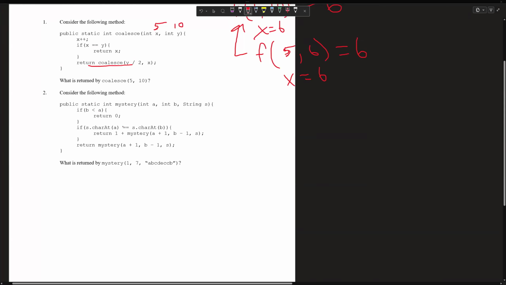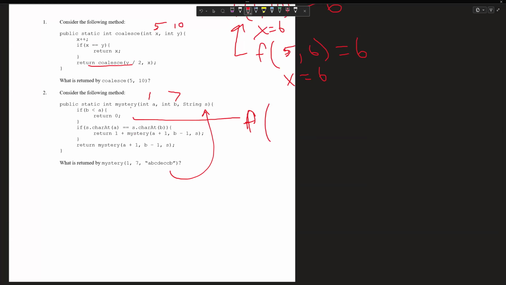So now we're calling mystery 1, 7, and this one over here we'll do the same thing. Once again, it's just a shortcut for mystery. So we're calling it with 1, 7,